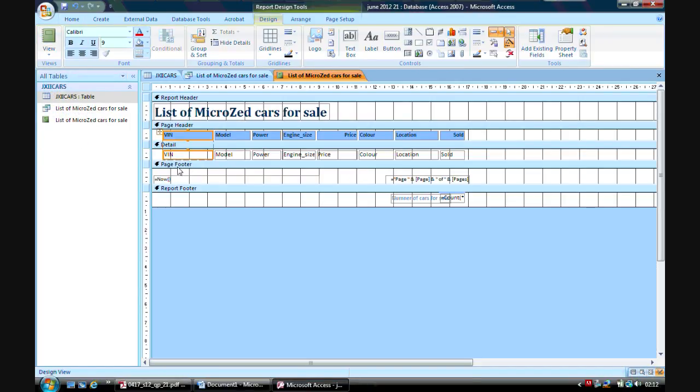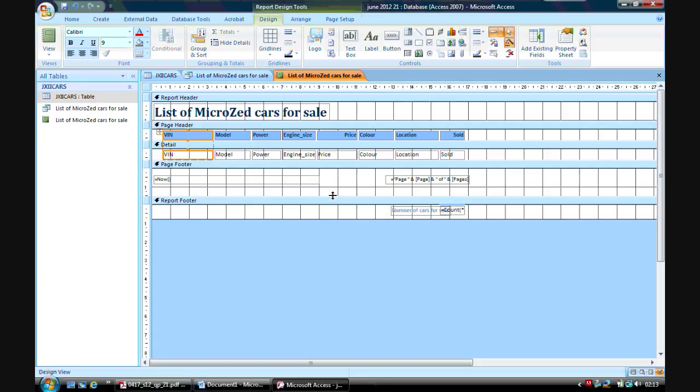So in my page footer, I want the label. I need to make it slightly bigger, so have a look, the mouse cursor changes and I make my page footer larger. My details I will include in a label, so from design I will click on label and then I will draw a label on the right in the page footer, and inside the label I will type my name,